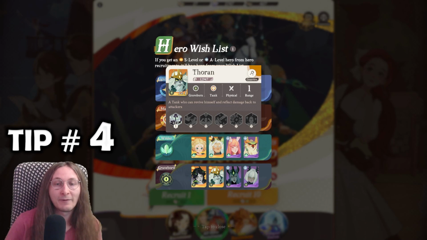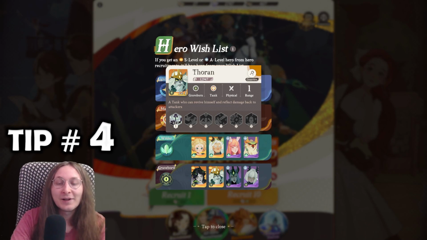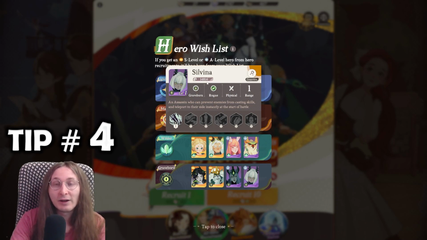Probably my personal favorite one, but basically these two tanks was all that you will see in PvP. Also another, let's mention her as well in Greyborn. Sylvina is a purple champion and might not instantly be on your radar,